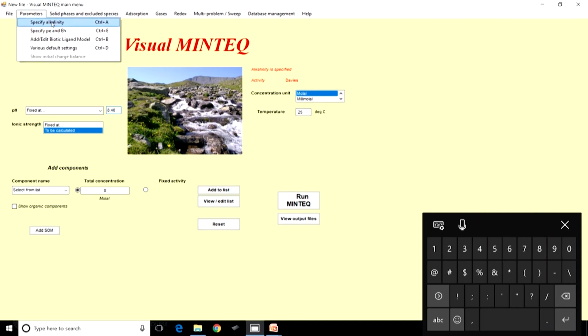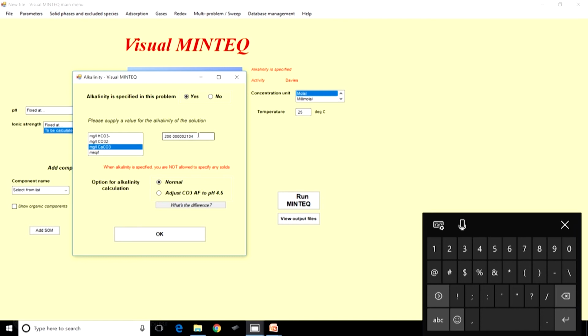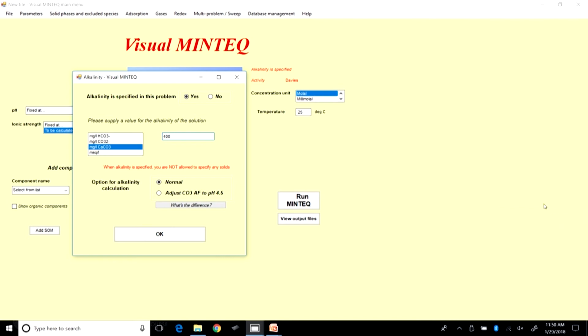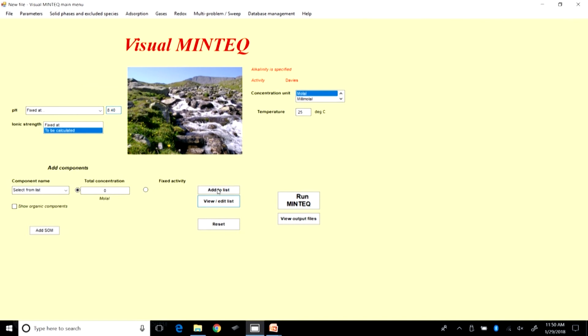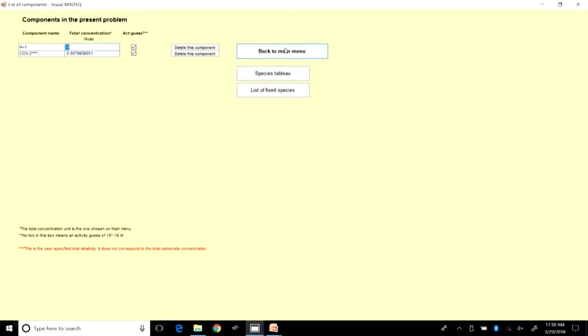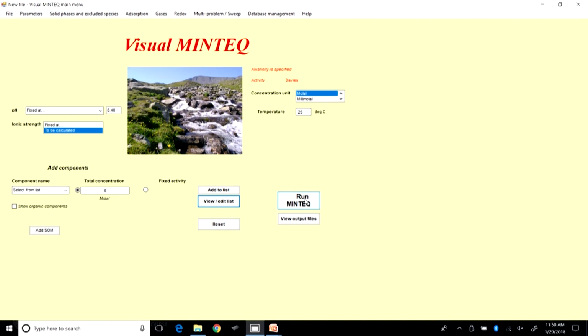And in parameters we are going to specify the alkalinity, and the alkalinity now is going to be equal to 400, and okay. And sometimes we need to be careful about this. So, let us go back here and then run VMinTech,